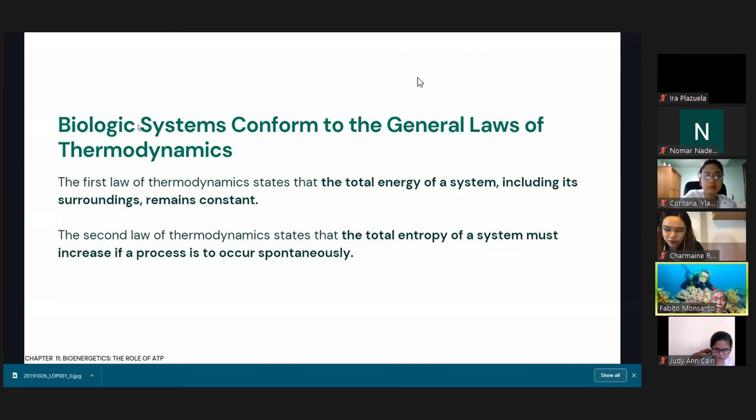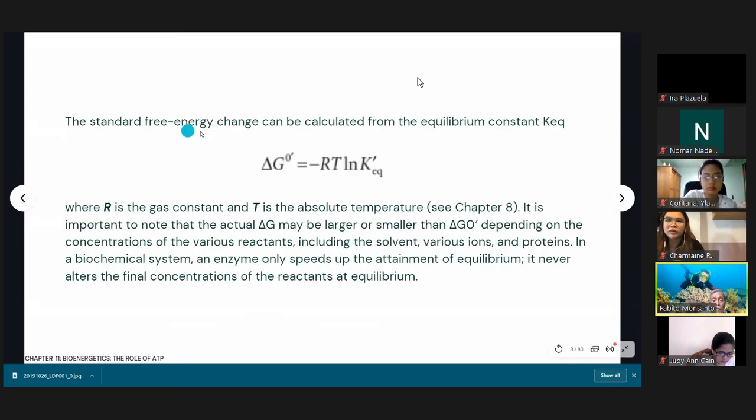The standard free energy change can be calculated from the equilibrium constant of the reaction. Okay? So this is the standard free energy change. So you get this superscript. That means